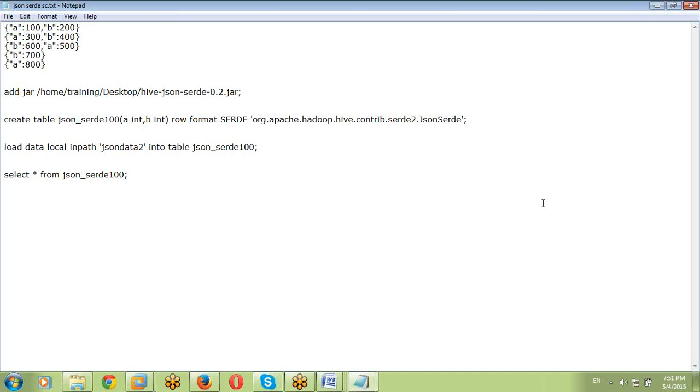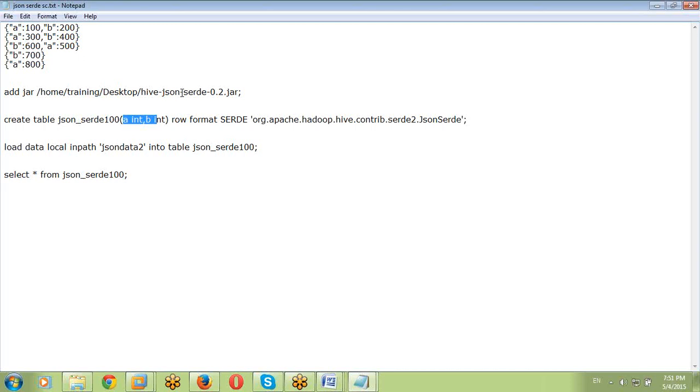So by using this JSON SerDe jar file, I create a table. Then simply after that I load the data. Automatically the JSON data is converted into structured format. So here there is only one rule, and that rule is about column names. What column names are we taking? Those column names must be the JSON object names. Object means A is one object, B is one object. So we create a table like that by using this function.